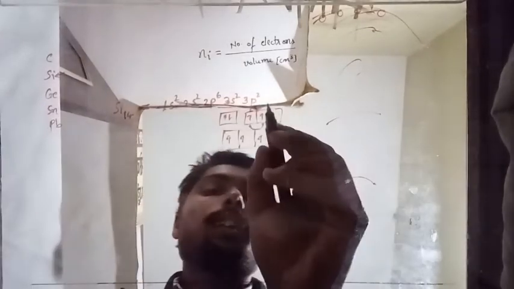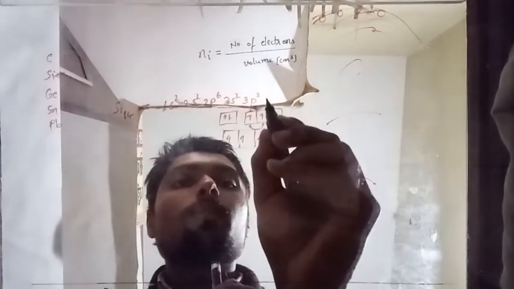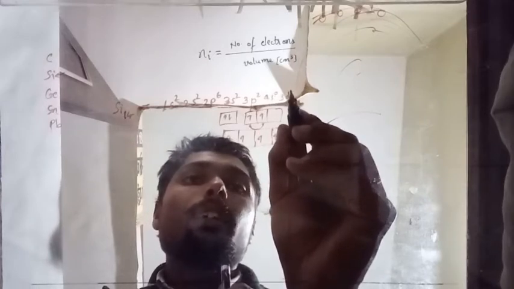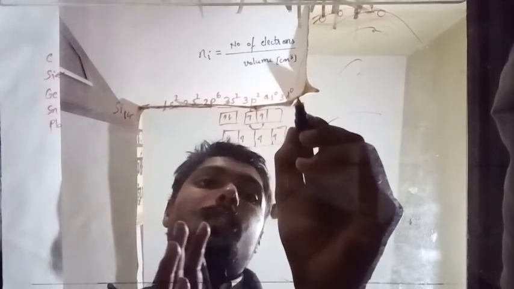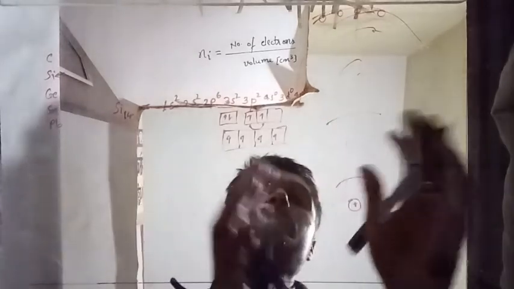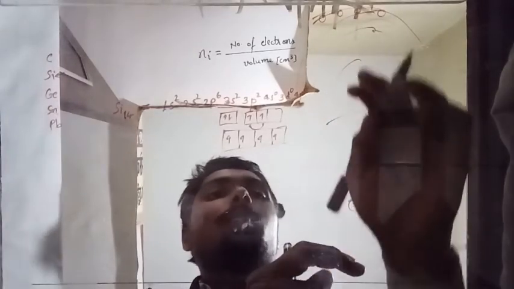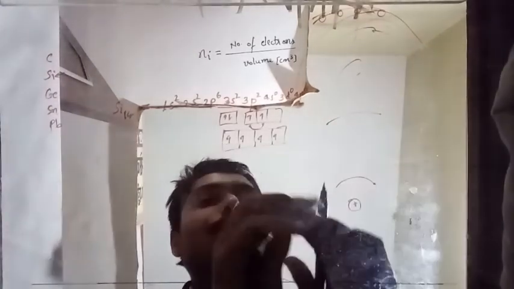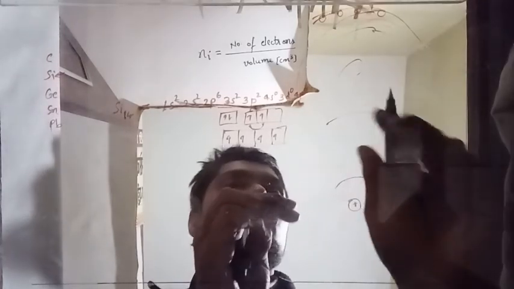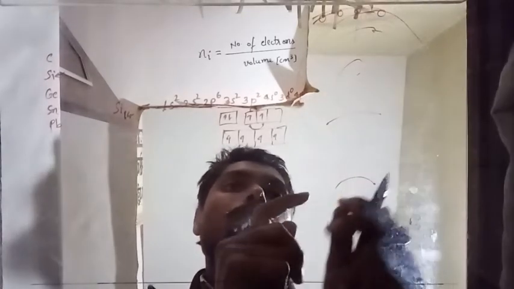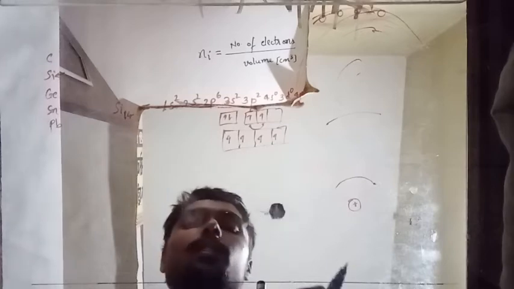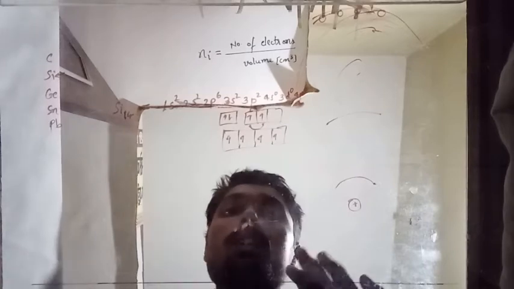If we further increase the configuration, we will find that there is 4s0, then 3d10 is also 0, then 4p0. It means a lot of cells are still vacant. If the electron is now in this level, up to 4 square means 16 times, there will be more distance to cover to reach the next cell to jump, and we will have to give that much energy so that it can jump into the next level.